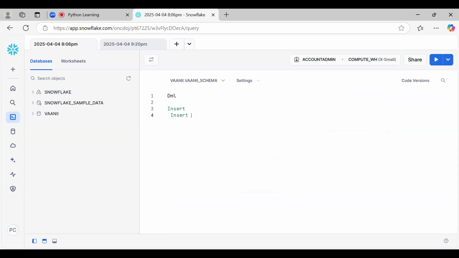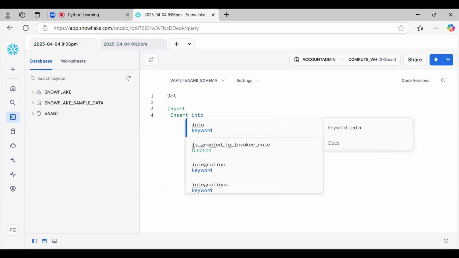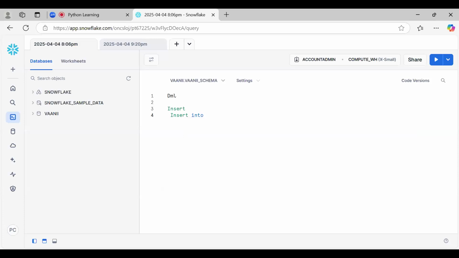insert into. You can directly write values instead of writing column names. So what were the column names first? Let me check.